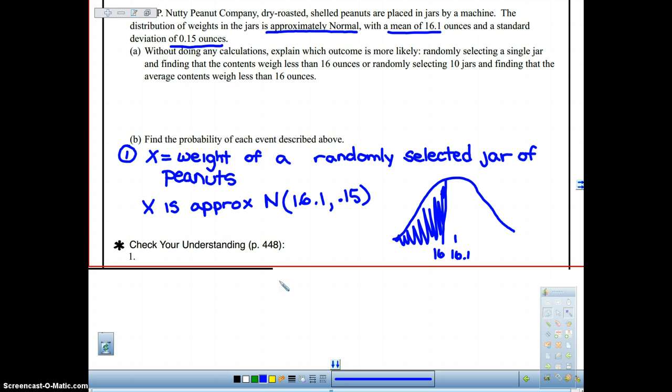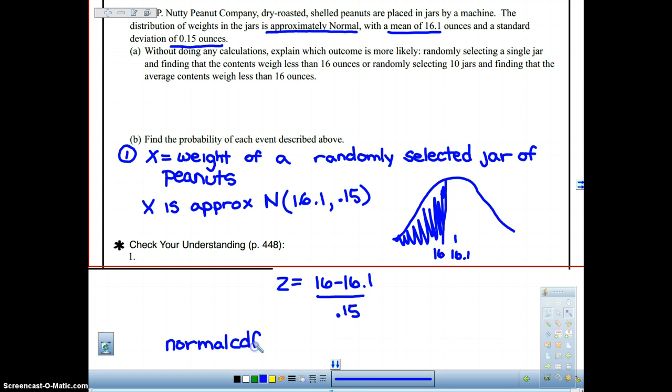I need to find my z-score. Z is equal to 16.1 minus 16 divided by, and I just totally did that backwards. It's your x minus your mean divided by your standard deviation. Okay, and I can figure out what that is and then use table A, or I can take my calculator and go enter it into